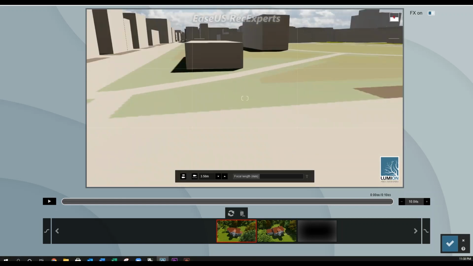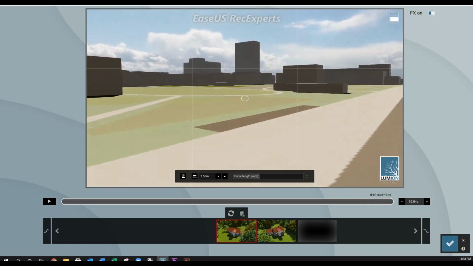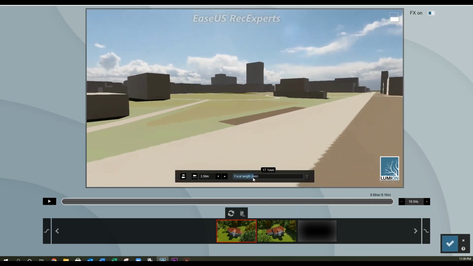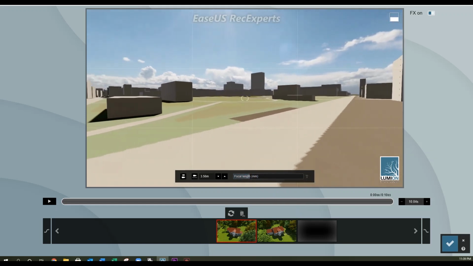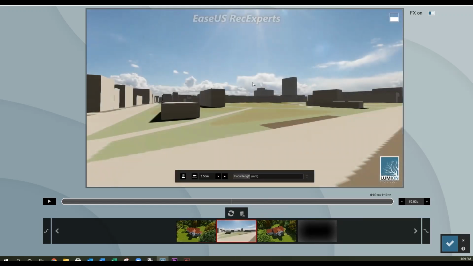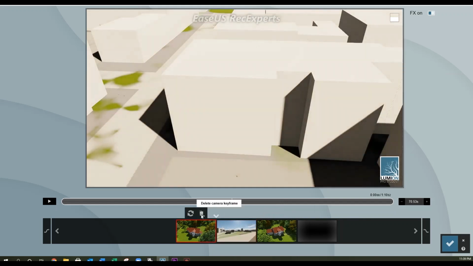To save this snapshot as your very first view, looking at the park, what you're going to want to do is come down here to the Insert Camera keyframe. But before we do that, why don't we make our focal length a little wider so that you get a larger view of the city. Then we're going to come down here, Insert Keyframe,